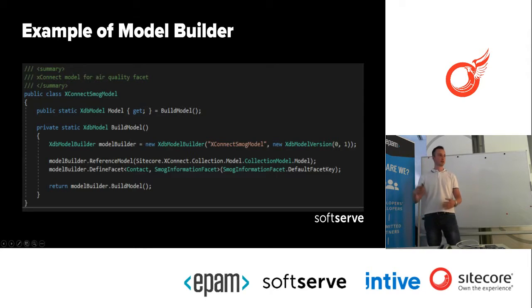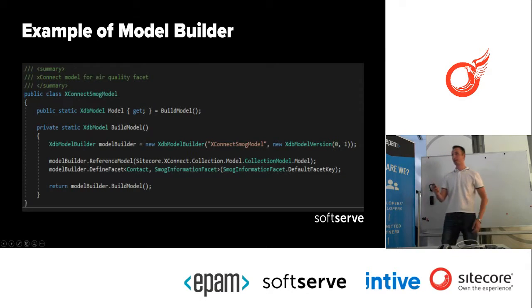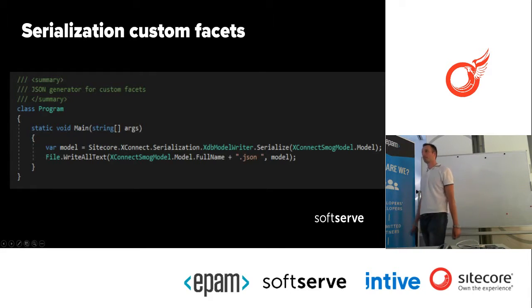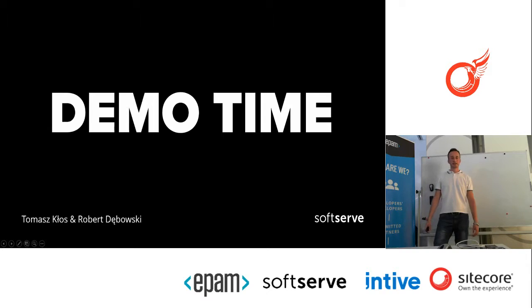the model that is defining our custom class inside. So we see that we have here the defined facet, and we are putting this information according to our custom code inside of it. And we are making the serialization to a JSON file. It's 2 lines of code, very simple. And later, according to the slides, yeah, it's the demo time.